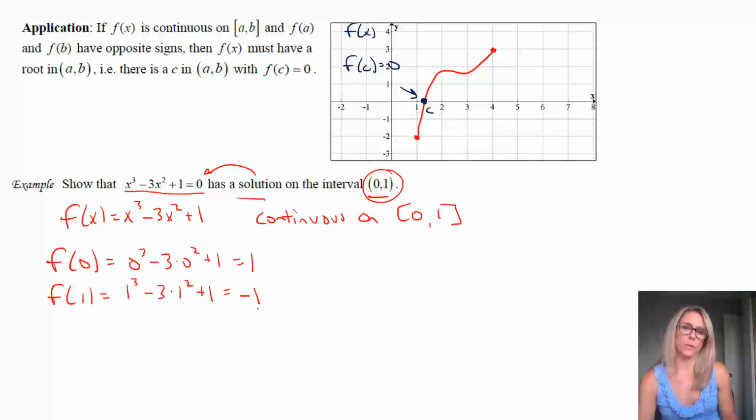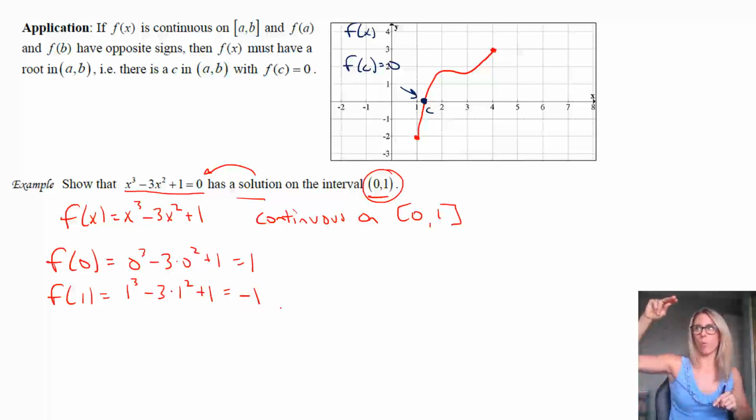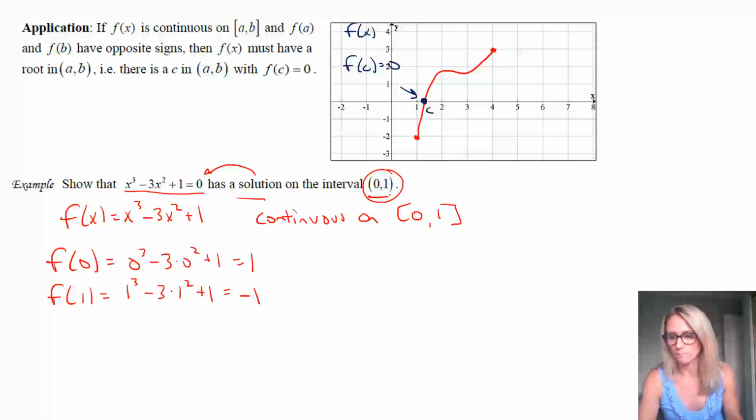So the key thing to see with this example is that at f of 0, we're at 1, and at f of 1, we're at negative 1. So somewhere in between, what the IVT says is that it has to cross the x-axis. How does it go from a y value of 1 to a y value of negative 1 without crossing the x-axis? The IVT says it has to. Again, that's because this is greater than 0 and this is less than 0, so it satisfies the requirements for the IVT.